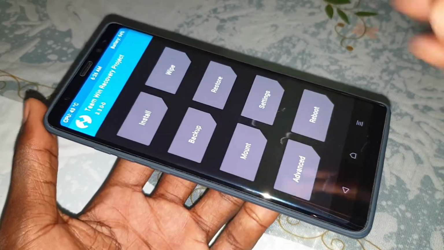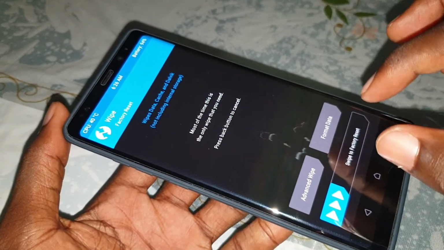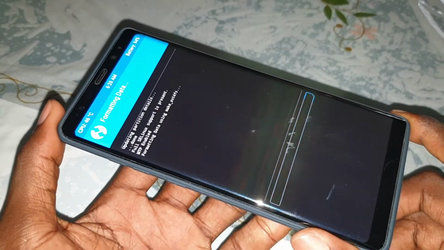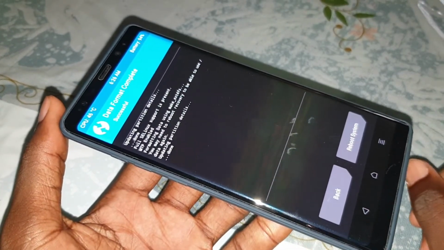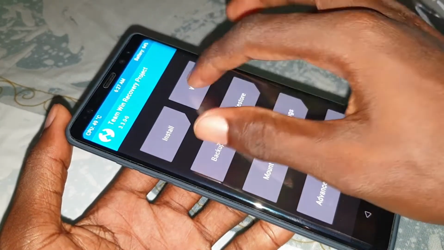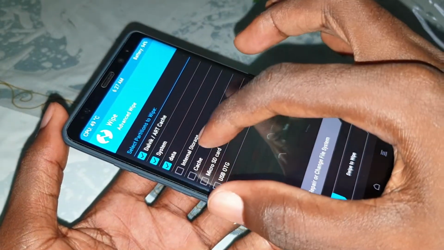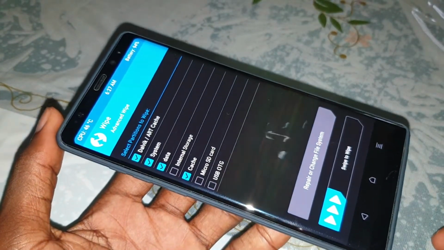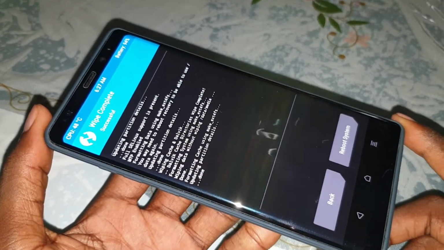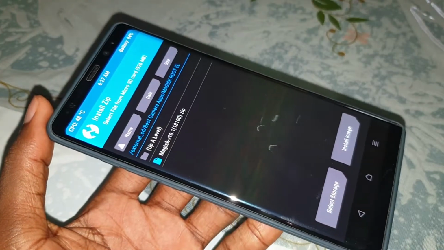If it's installed and you come here, follow me right now. Click on wipe. Enter format data, enter yes. Validate. Now, click on home. Wipe again. Advanced wipe. 1, 2, 3, 4. Okay, let's do the internal storage. And do this. Wonderful. Click on home. After this, click on install again.